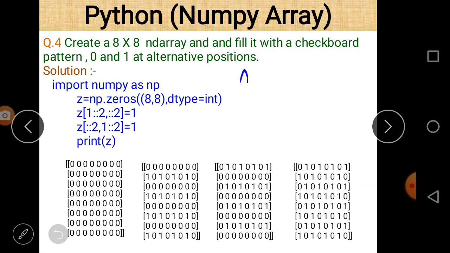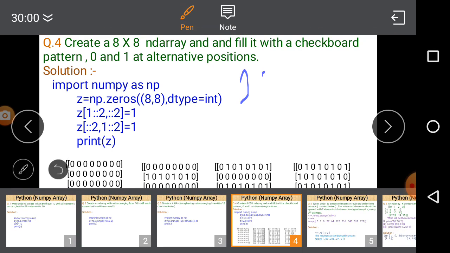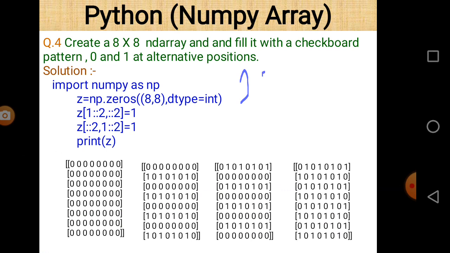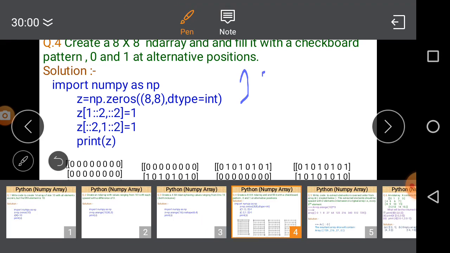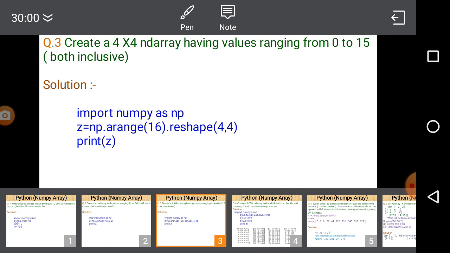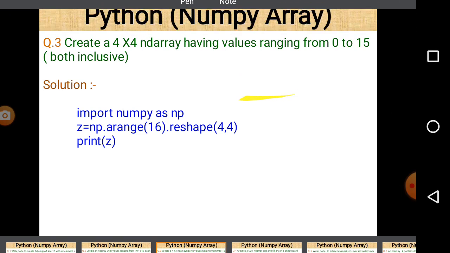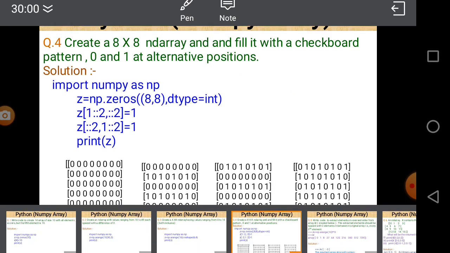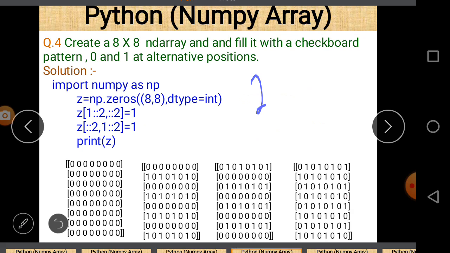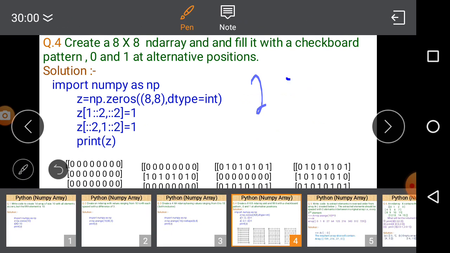So the value assigned here is 1, and then 1, and after that 2,